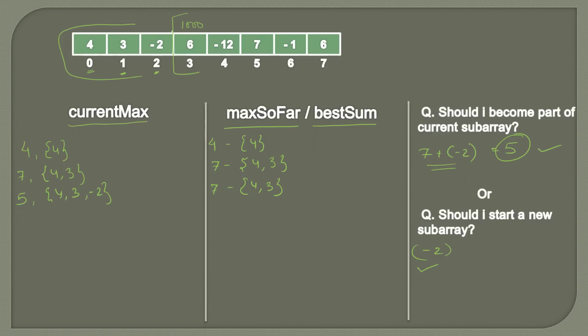And now if we include minus 2, here you can see the sum came out to be 5, and let's suppose here would have been 1000. So we would have included 1000 also and got 1005, which is much better than 1000. Therefore we simply include minus 2 based on these two questions, because we are not sure what comes after this minus 2. It could be any negative value or it could have been any maximum value. So it's better to include minus 2 into this subarray.